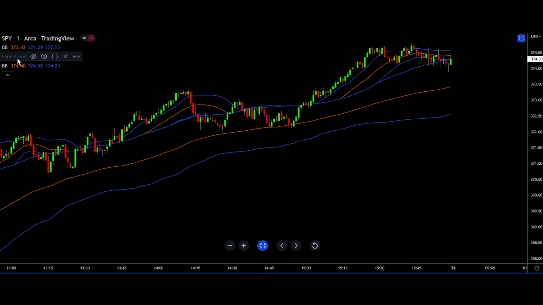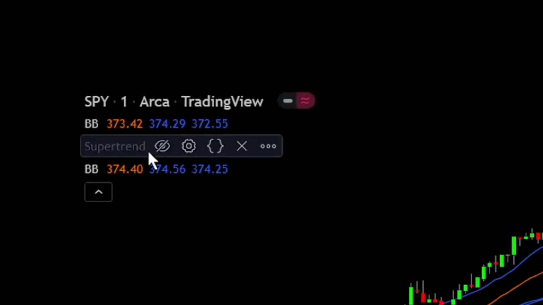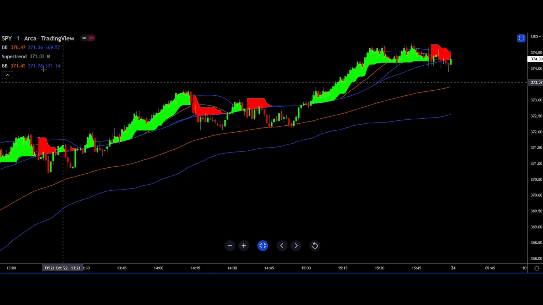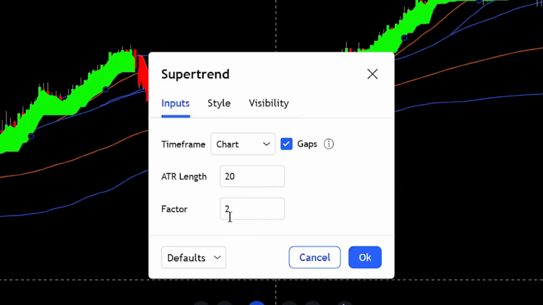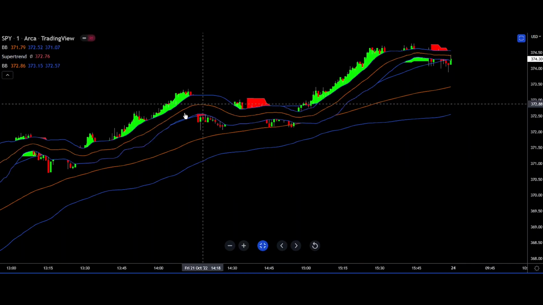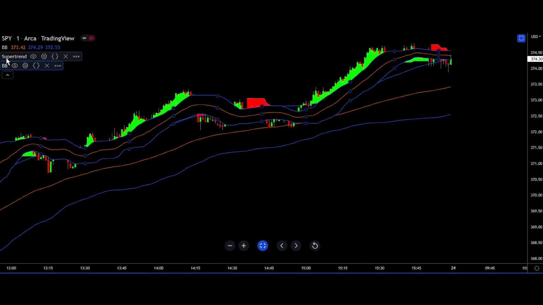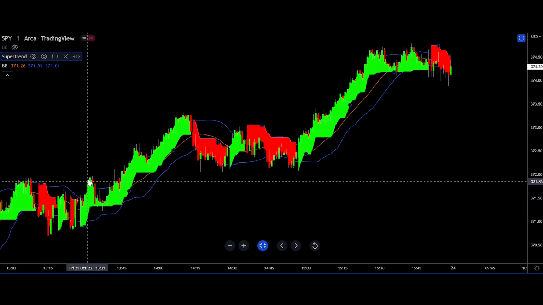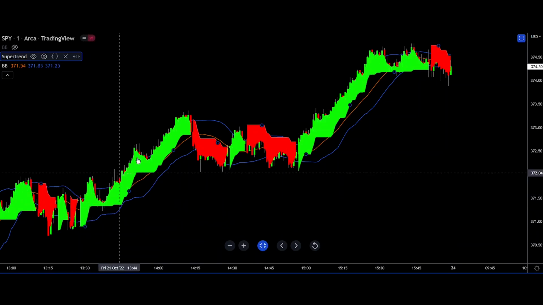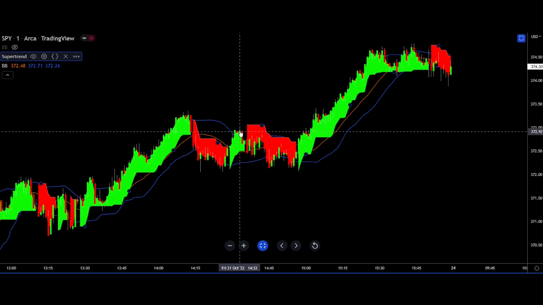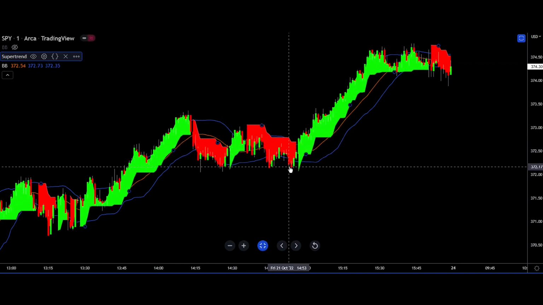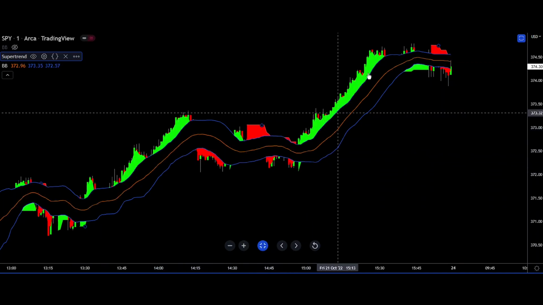That sort of idea. And then we can use that to just throw on a quick little trend reader to help us out. This is just a super trend. We're just going to set it to 20 and 2. If that makes sense. So I want the super trend, let's look at both of these, I want the super trend to be triggered when it crosses here. I don't want it to get upset and flip back over until it crosses the other side. So see, the super trend is basically telling us which area this broke out of last, to the upside or